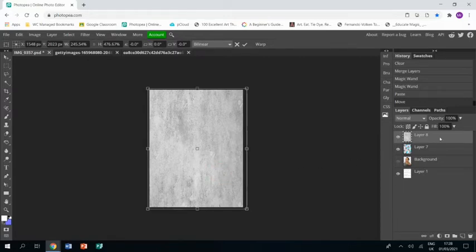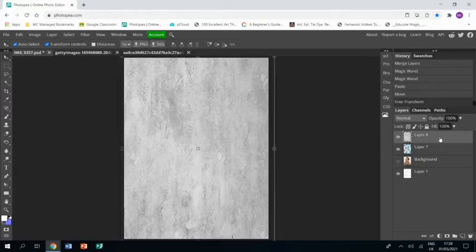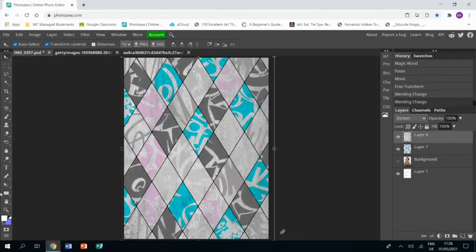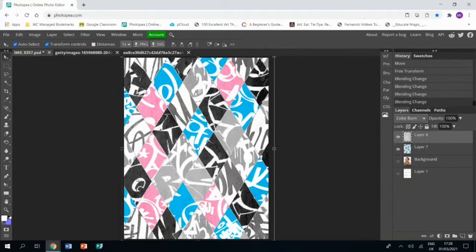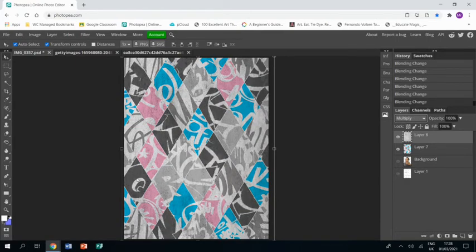Okay, and once I'm happy, I'm then going to go to the little drop down menu above the layers, click on normal, and then use the down arrow to scroll through the different blends until I get one that I like. I think that's the one. Okay, and when I'm happy,